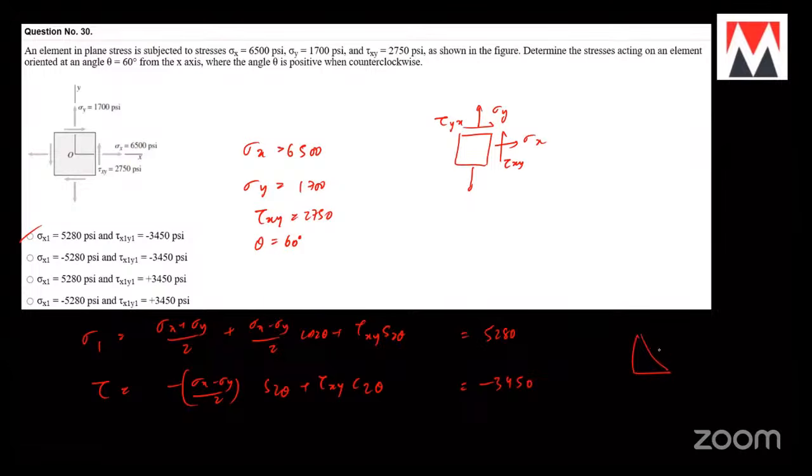One stress is like this, one stress is like this, and one stress will be like this. Right? When these two act like this and like this, these two will be resolved. You will be considering Sy, Sx, sigma x, sigma y. If you resolve all these stresses, you will get this equation. That is what I have written directly as the equation itself here. You can derive it, but the derivation itself will take like 10 minutes.